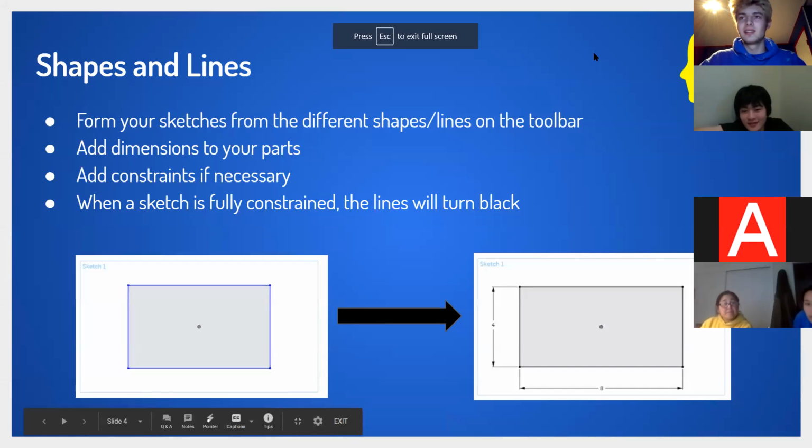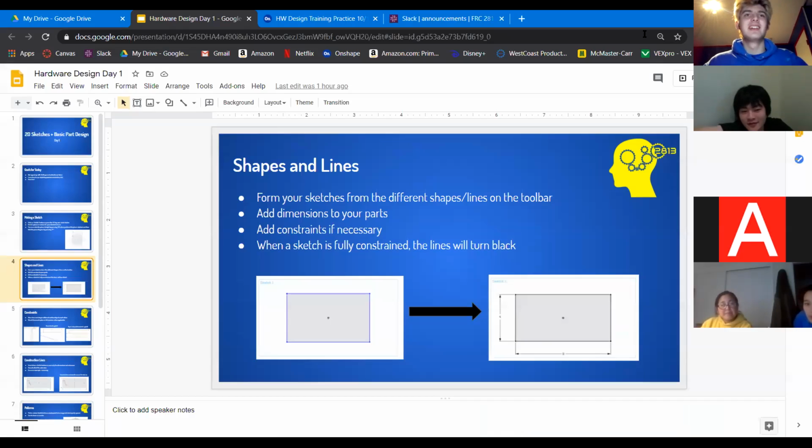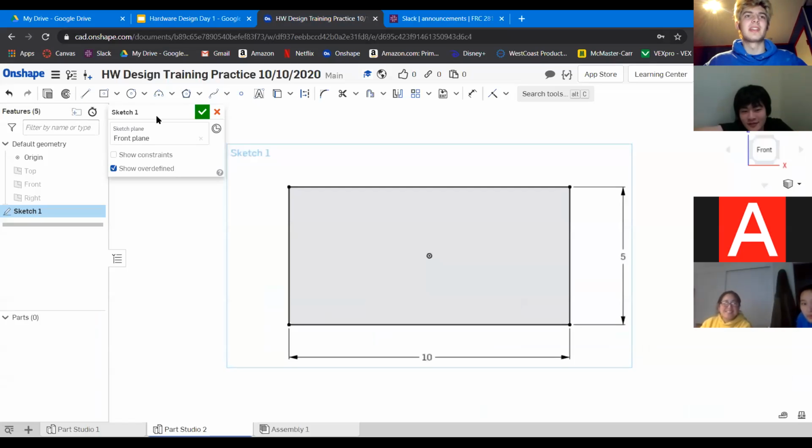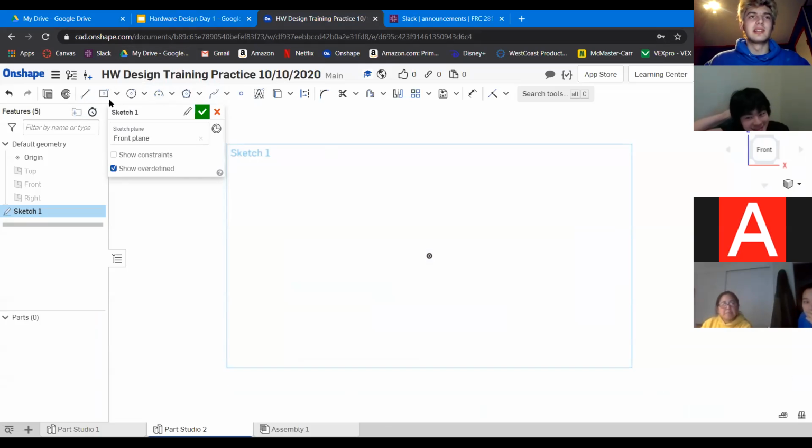How do I make a shape, he says. Aston says, how do I make a shape? Okay, actually that's a great question. I don't know if I specified that. All of these tools up here are all shapes that you can make. So it's pretty self-explanatory. So like you can make lines,